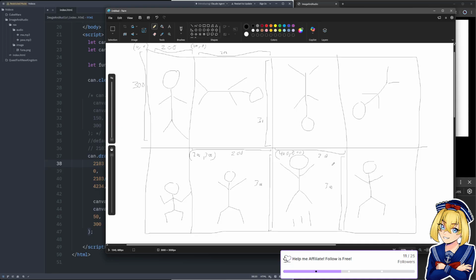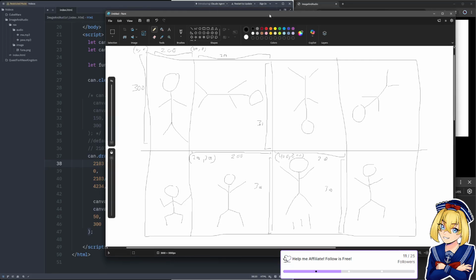And that's how you would figure out the cropping for this stuff. And then where you want to draw it on the canvas, make sure that you're drawing whatever your sprite size is. So here would probably be 200 and this would be 300. And then this is just the position that it would be on the canvas. So it's not really that complicated, but you do need to work out some math to figure out which sprite you're going to be painting.